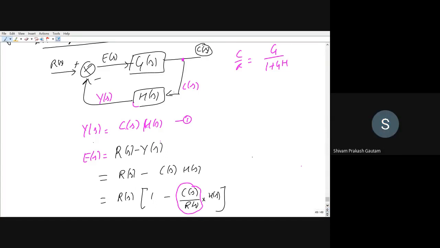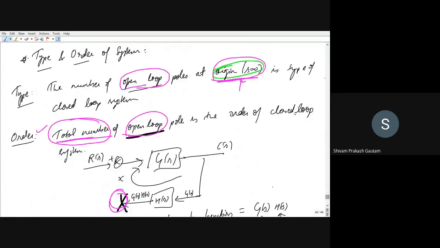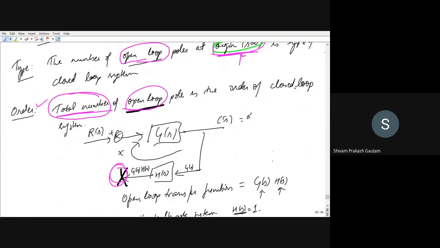Yes, obviously, because what is C of S? Tell me, what is C of S? That is the output. Now, if you break the feedback, how can you put the output again here? You cannot put the output because there is no feedback, because the path is open. So the output will not flow into the input again. Whatever is flowing here is equal to G of S only. That is the forward path gain, right?